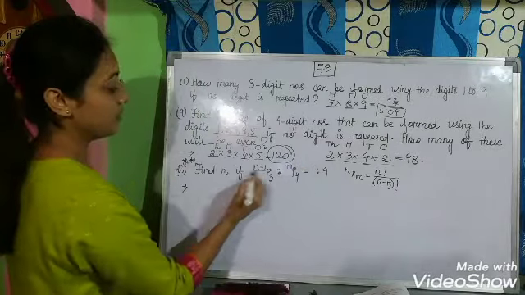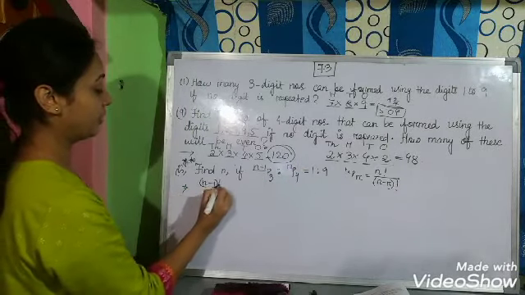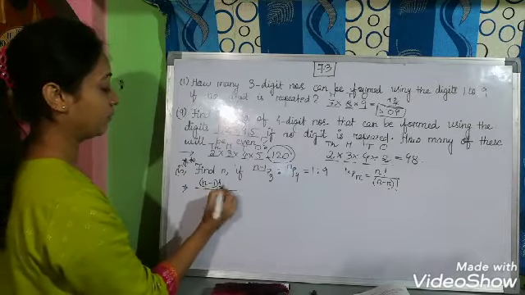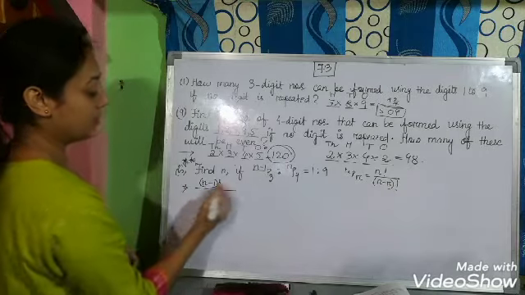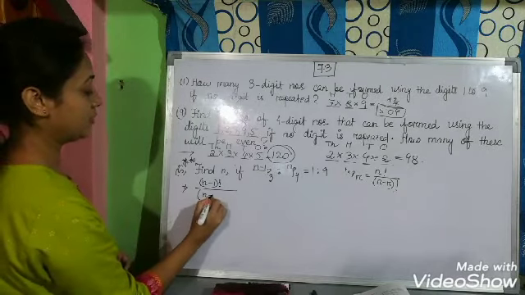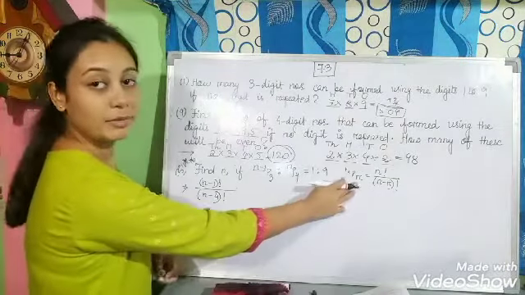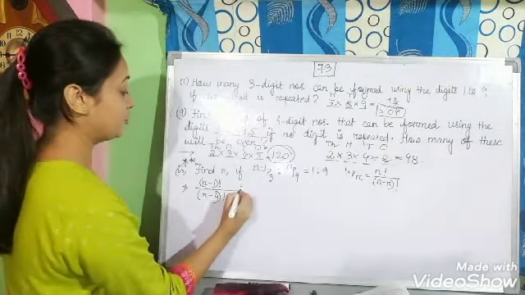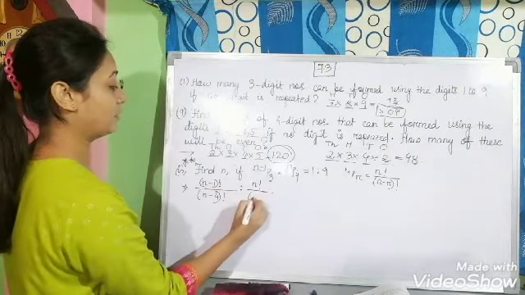So n is replaced by n minus 1 here. So let's write (n minus 1) factorial divided by (n minus r), so n minus 1 minus 3, which will be equal to (n minus 4) factorial. Is to n factorial divided by (n minus 4) factorial,